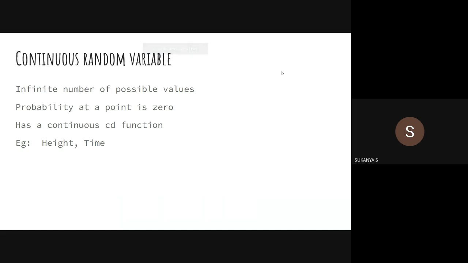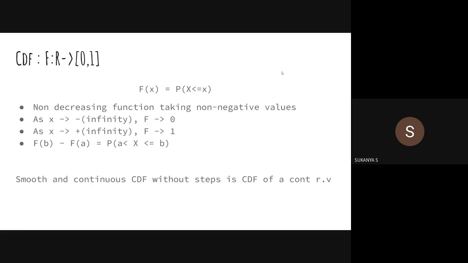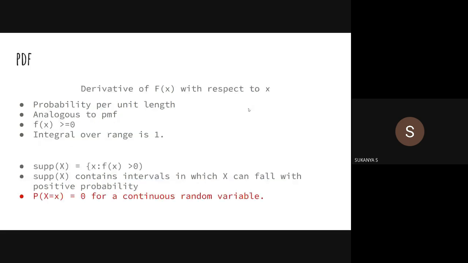And in week 4 we are starting with what is a continuous random variable. As we stated before, when a random variable can take an infinite number of values, they are called continuous random variables, and they have a smooth curve in terms of CDF. When you define a CDF, you have it as a smooth curve. And what else? The probability of X equal to x at a point is zero for a continuous random variable. At a point, you have a mass function in the case of discrete random variables, but in the case of continuous, it is going to be equal to zero.